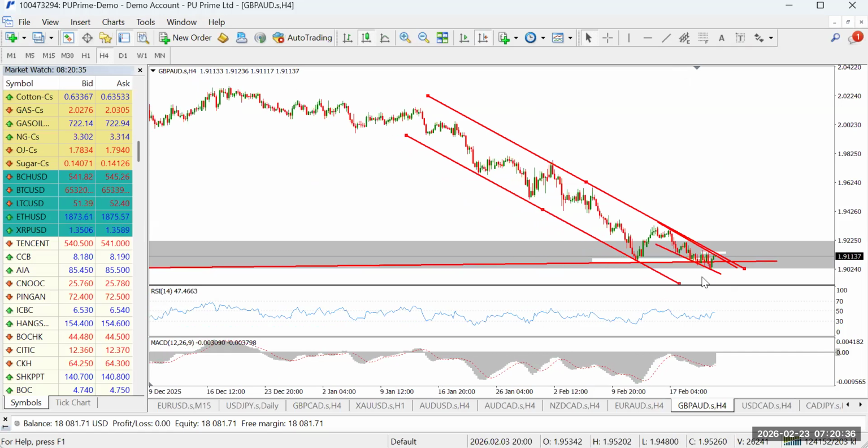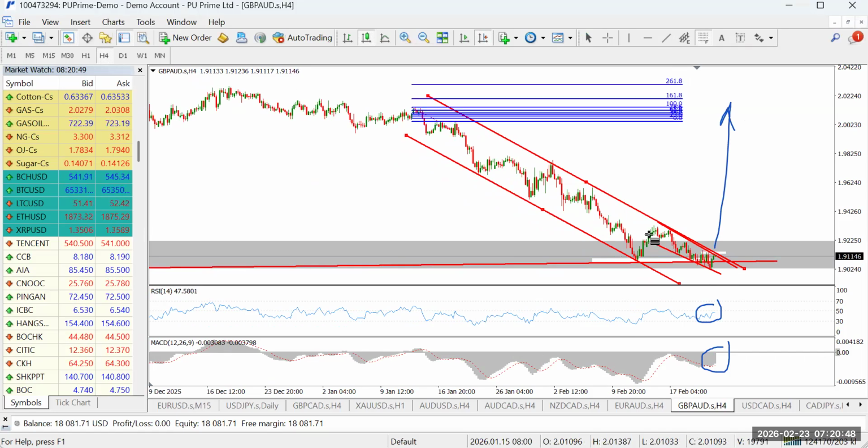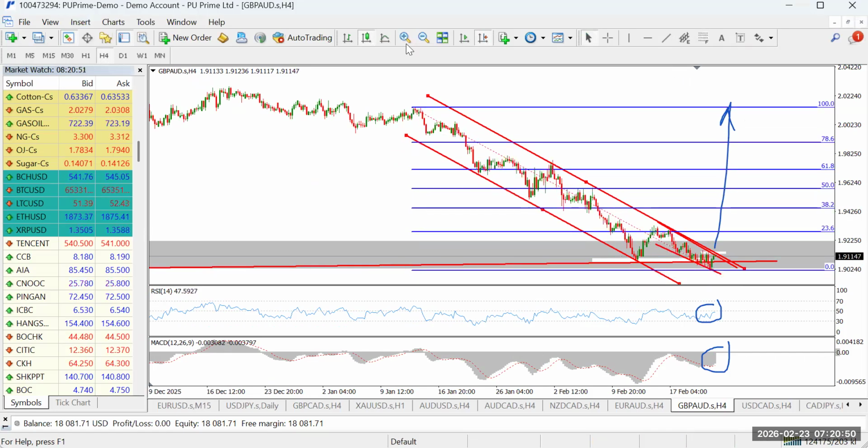So if price is able to break out, RSI above 50, MACD above zero, there will be a long, massive, sustained movement of price that can span the entire week. And that can give as much as